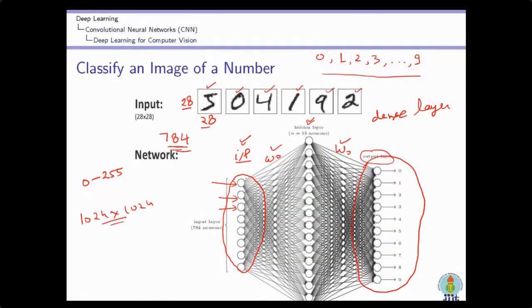In that case, how many neurons will you require in the input layer? How many connections will there be? How many weights do I have to update? I have used only a single hidden layer. If I increase the number of hidden layers, the complexity of such a system increases drastically, exponentially, and it is very difficult to handle even with high performance devices.